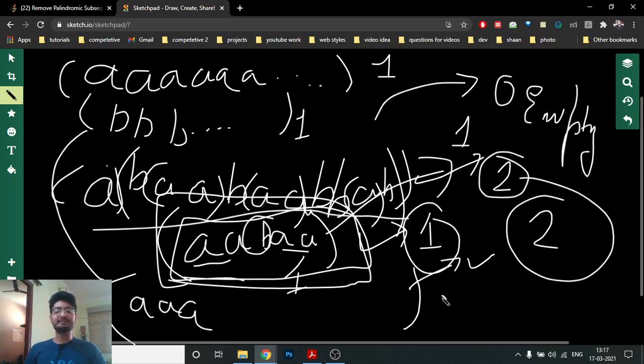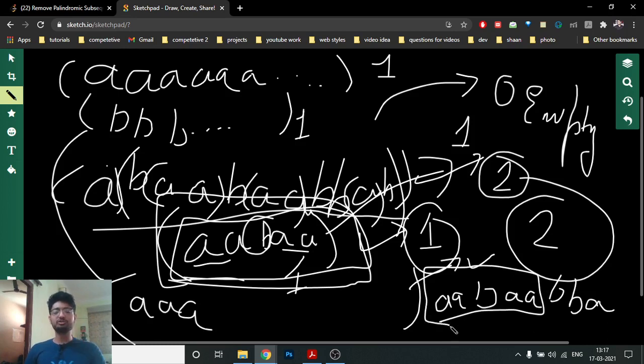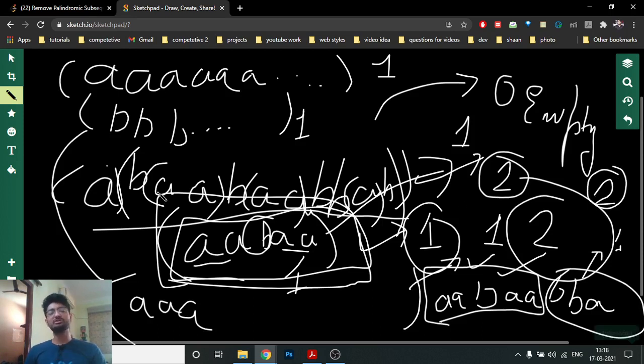Maybe there is some section which is a palindrome. It's not better to delete that section in one step and then do other things, because you will eventually end up at 2 steps, and we have seen that in 2 steps we can delete any string.